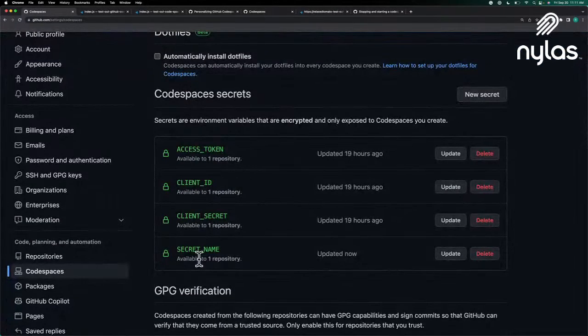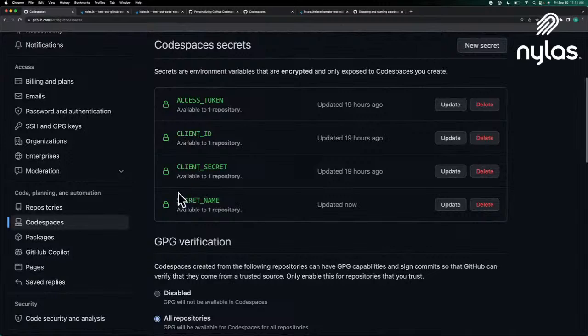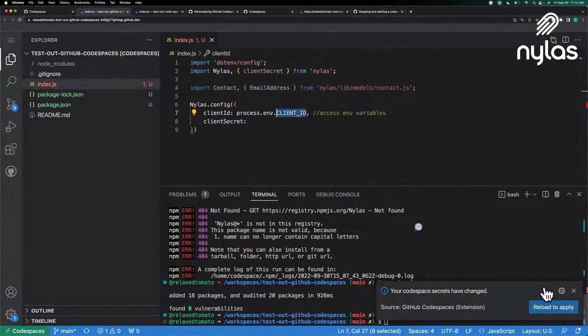So here we've just added the secret name. And as you can see, you can't actually see the value. You can only update or delete it. And we can access these environment variables within our actual Codespace. So I'm just going to try to access this value right now. So inside the terminal,